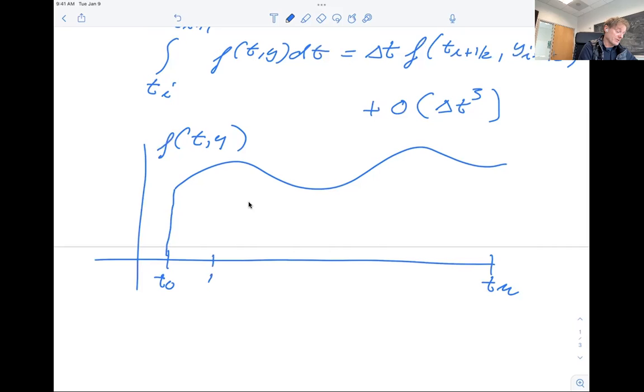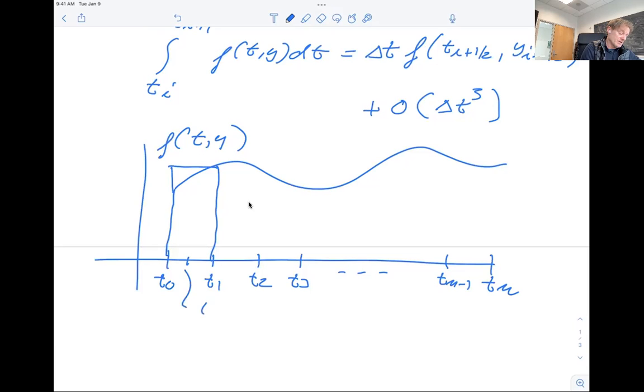So if we move one step to t1, another step to t2, etc., up to t_(n-1), then the way we approximate this area is simply by calculating the area of a rectangular box. It may not approximate the area below the curve properly, but clearly if we make the delta t smaller and smaller, we are going to get an area which is getting closer and closer to the correct area. Now what you see here is that we evaluate the function at the midpoint,